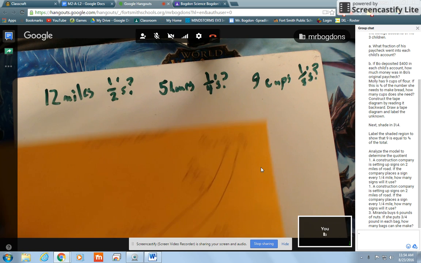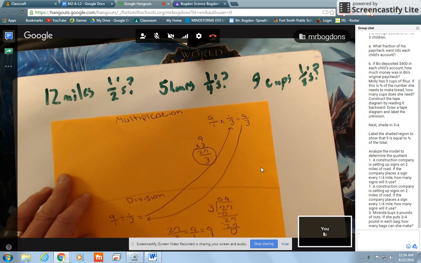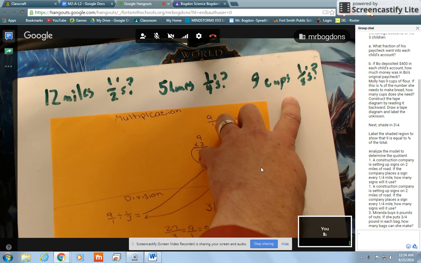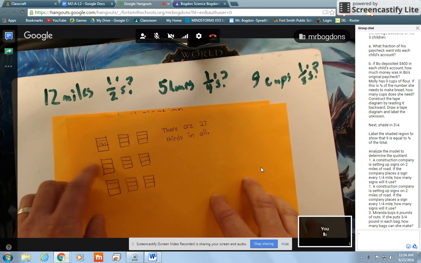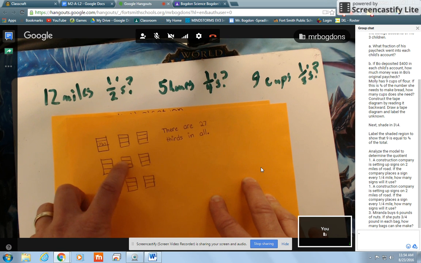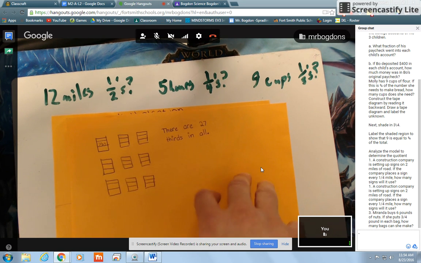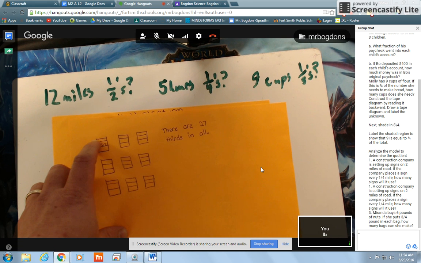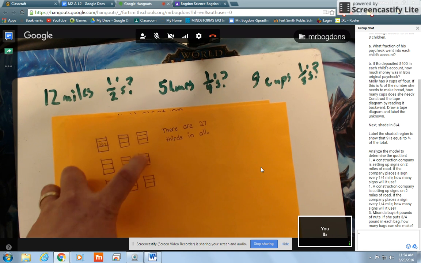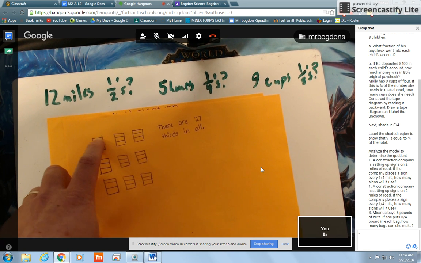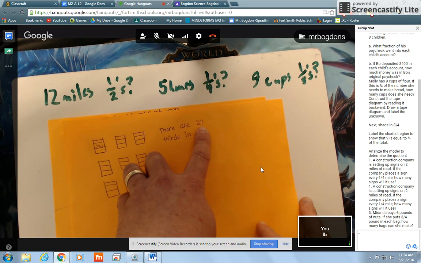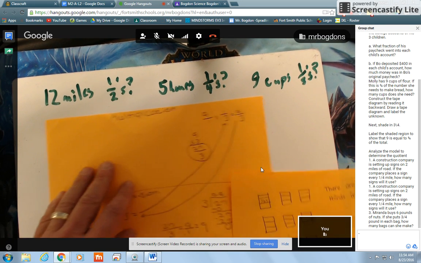So let's look at group 3. It says, how many third cups were in 9 cups total? So here we have 1, 2, 3, 4, 5, 6, 7, 8, 9 cups. Now, anytime I take thirds away from a whole, this first whole cup has how many thirds? 1, 2, 3. So I end up having 3 groups, or 1, 2, 3, 4, 5, 6, 7, 8, 9 groups of 3. So I can count them out and say there's 27 thirds in all, or I can say